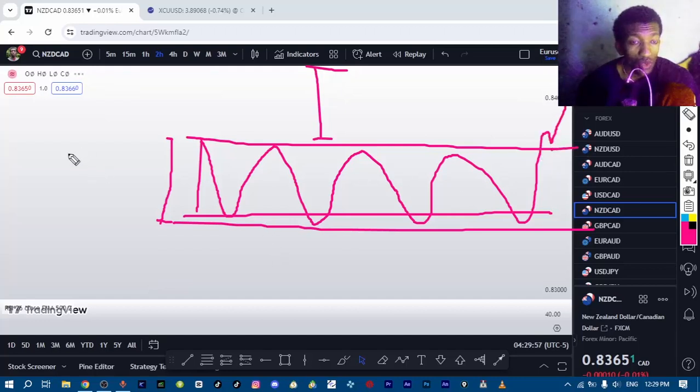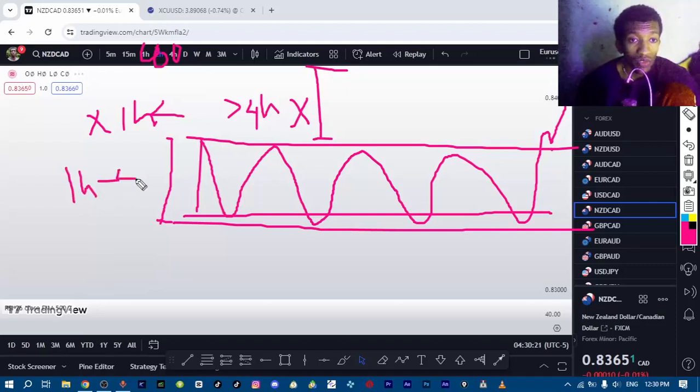So all we have to do is consider finding the most recent consolidations on the 2 hour, on the 4 hour, or on the 1 hour. Do not go below the 1 hour. It is dangerous. Don't do it. Do not go above the 4 hour. Don't do it. Okay. So our gap is between the 4 hour and the 1 hour time frame. This is the time frame where you want to find your consolidation,